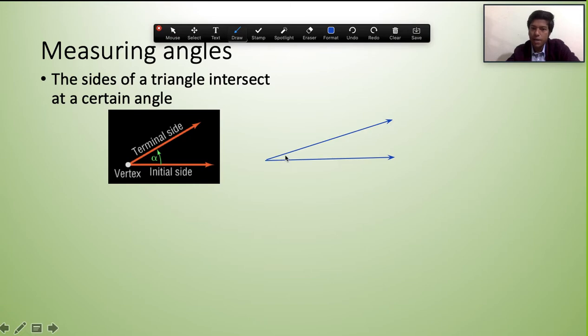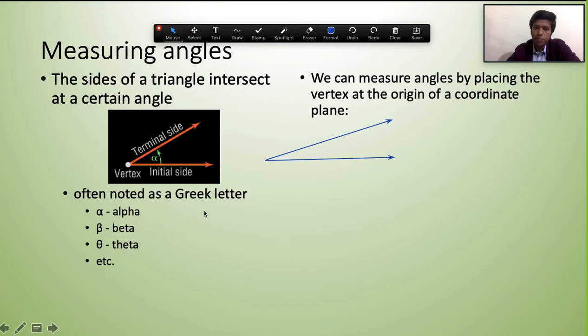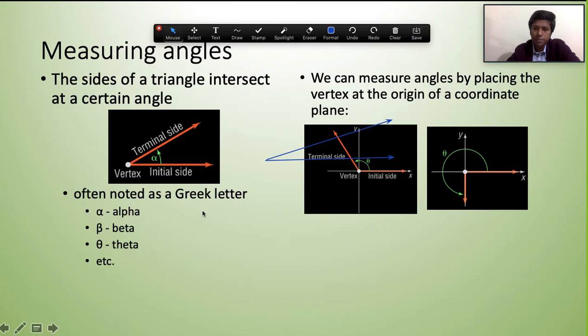This makes an angle in the center. The intersection is called the vertex. And this theta we can measure; we can denote angles by alpha, beta, theta, etc. And in trigonometry,